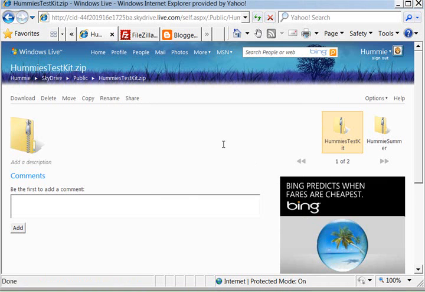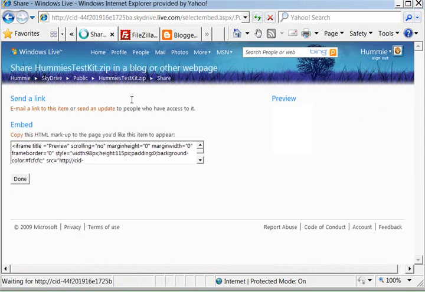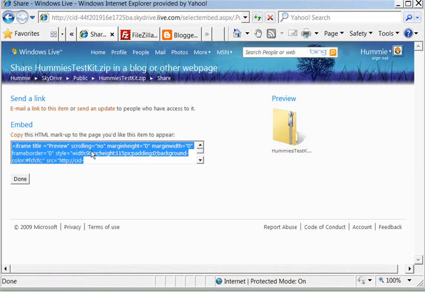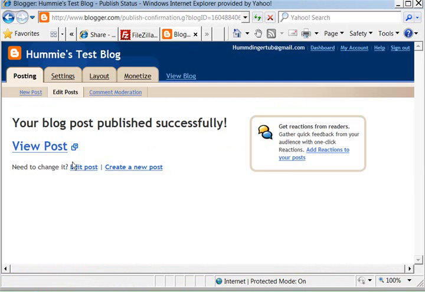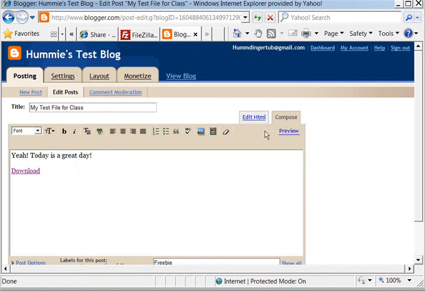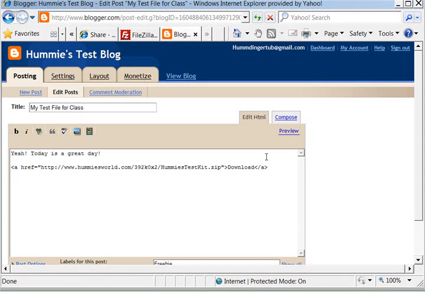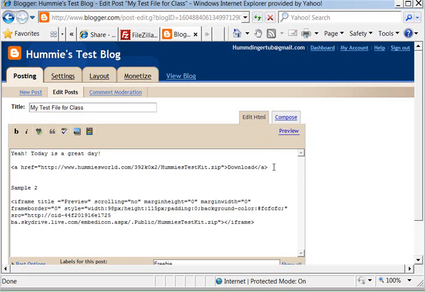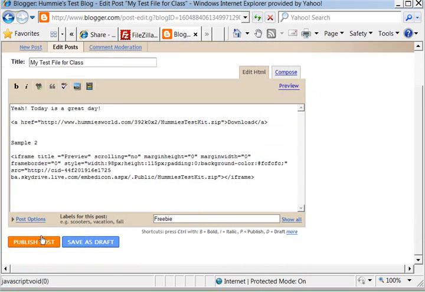Nope, it's downloading. I can either use this here or I can click share and copy this HTML. Go back to my Blogger, make sure I'm in the edit HTML, and then this is sample 2, put that in there, click post,